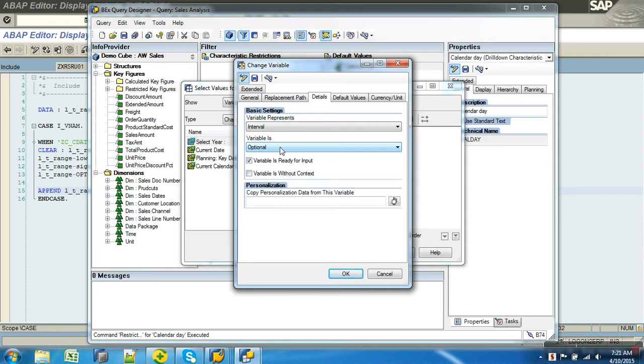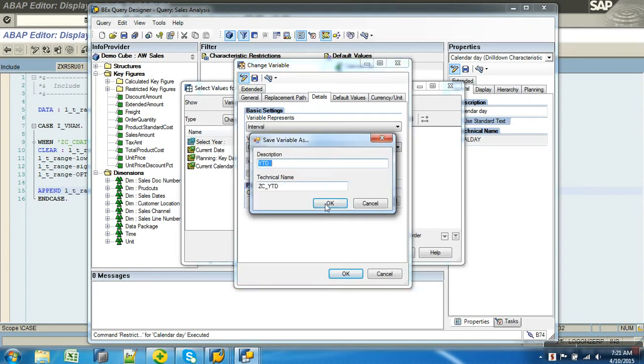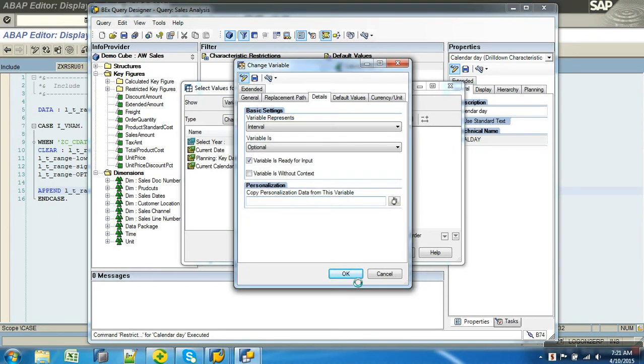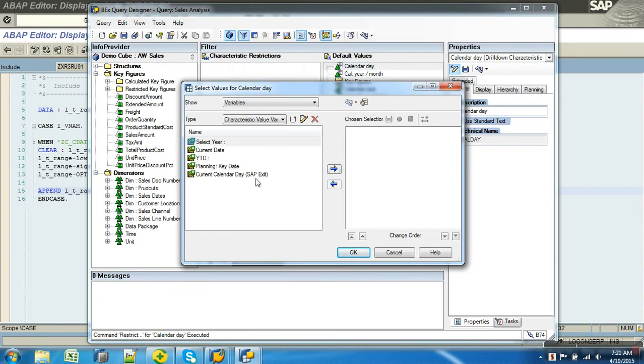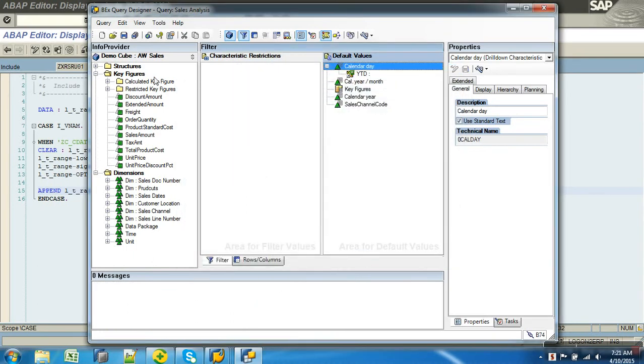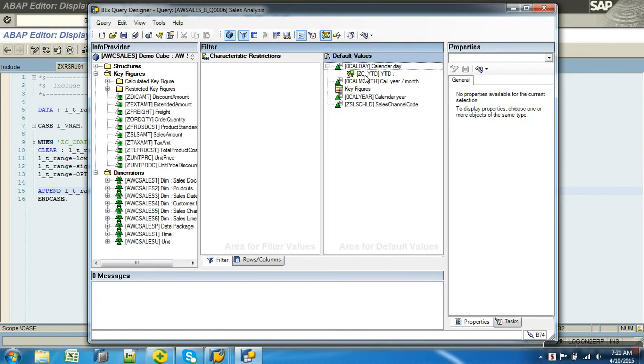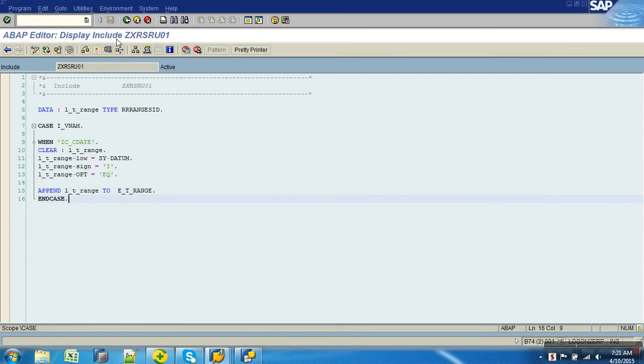So fine. Ready for input, so the user can see that value. Done. ZC underscore YTD. Now I'll have to get back to this.